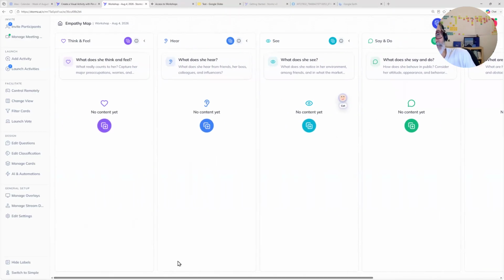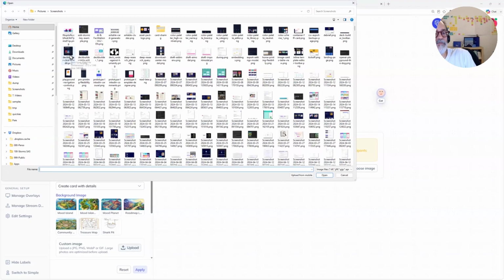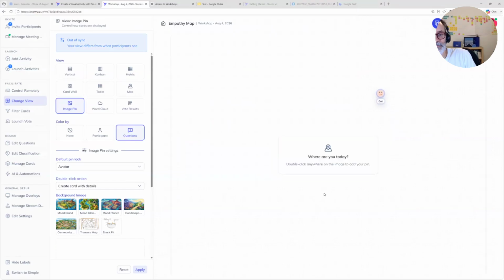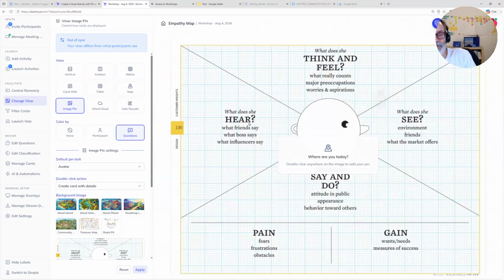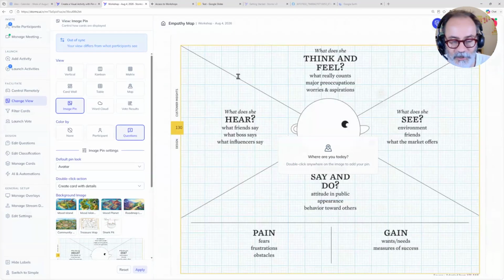And now what I can do is change the view to image pin, custom image, screenshot, open. Okay, if I double click, so this is the thing. Here,